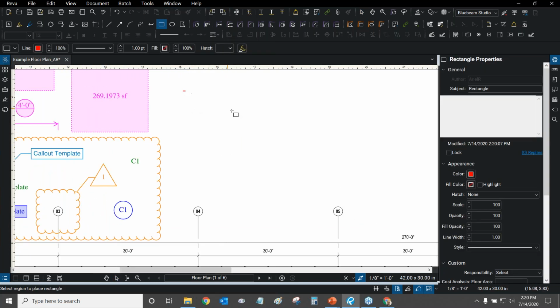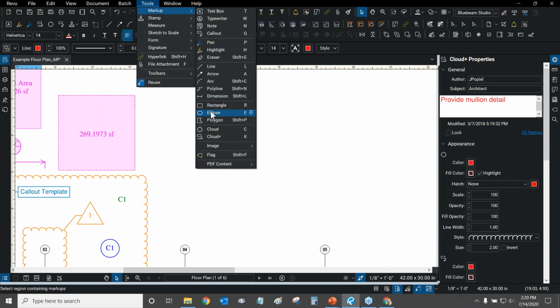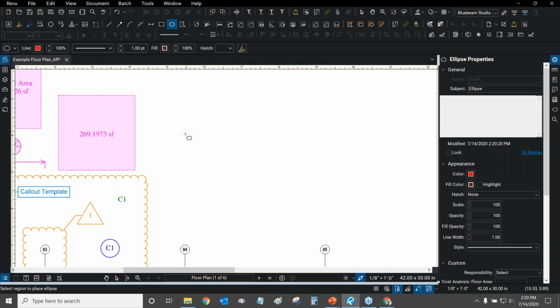You can basically just click and hold and make any shape you want. If you hold the shift key, you can make perfect squares if you need to. So there we go. This is a perfect square because I held shift as I made it. And the shape tools work as you would think they would. In ellipse, for example, instead of just making a regular ellipse, I can hold shift and now I can make a perfect circle. So pretty simple stuff.